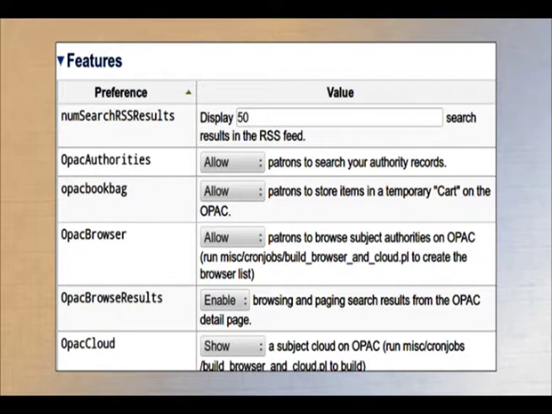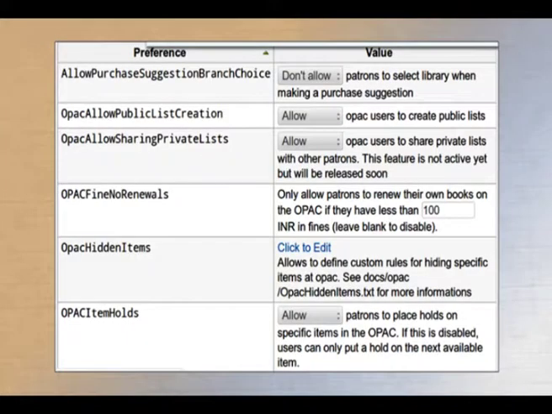Then different kinds of private browsing features, OPAC cloud formation, all kinds of features you can either switch on or off, and right from here the ILS administrator will control the appearance of OPAC by setting these parameters. Similarly, you can allow suggestions, and you can switch it on or off from here.